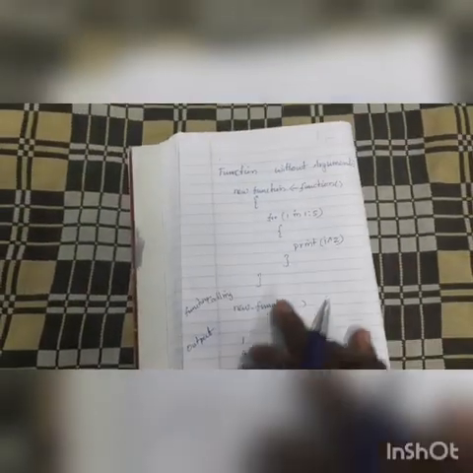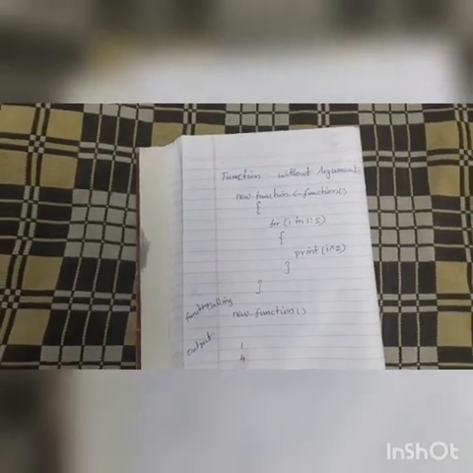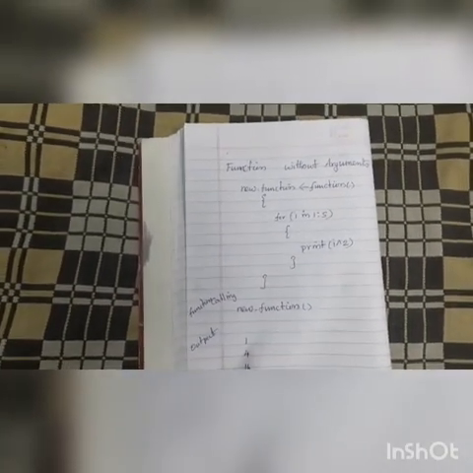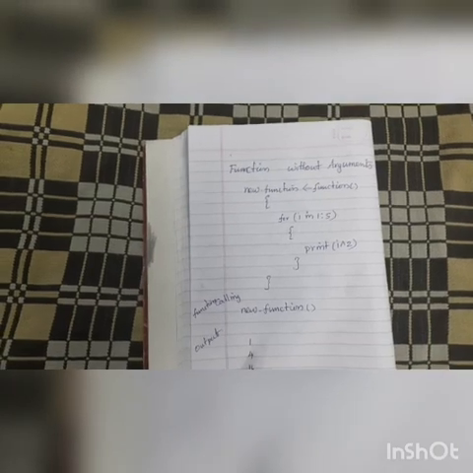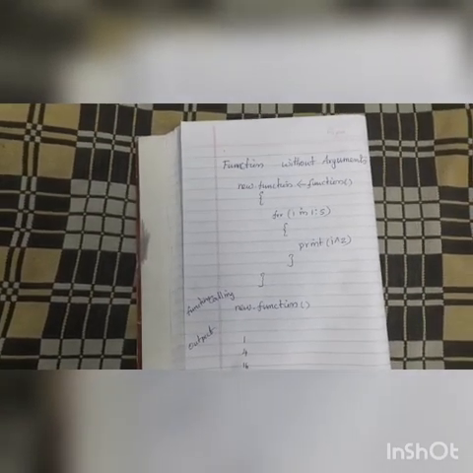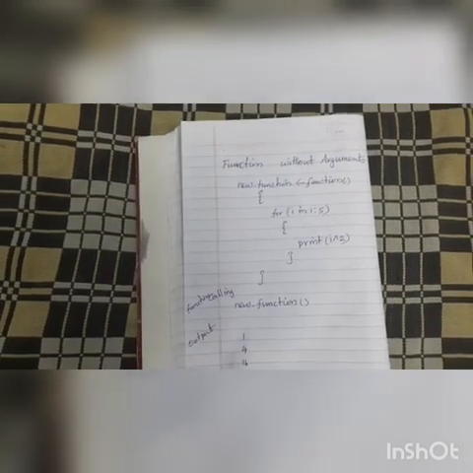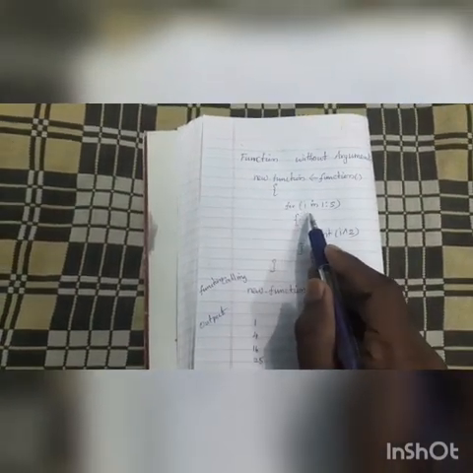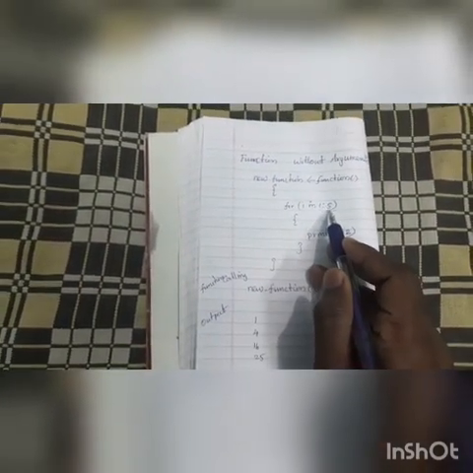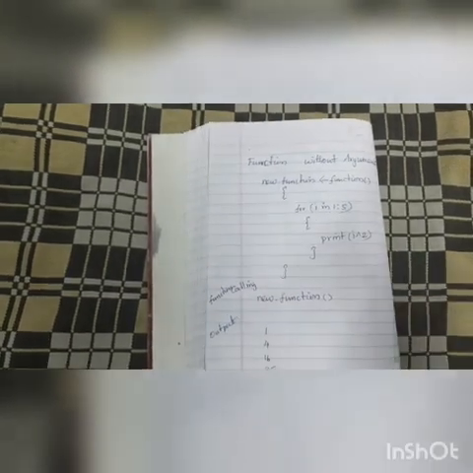After that, we will see about a function without arguments. In the last program, we saw a single argument. Here, we are going to see a function without arguments. So, same function name and a function with no parameter. See here, the for loop is here, and the upper limit is given here.